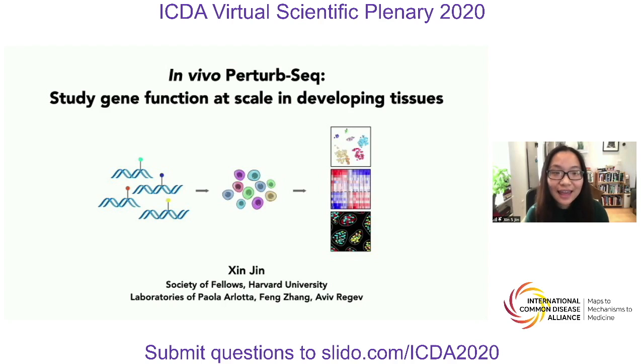Just like many of you, we're interested in developing a systematic approach to study gene function in a context that's biologically relevant, such as an intact tissue. Just like this cartoon demonstrated, we want to take these gene variants to understand the cellular and molecular substrate that they're operating on. We want to understand what kind of cell type and subtype they're operating on, the gene network that they are affecting, as well as, in the future, their cellular neighborhood environments that are changing